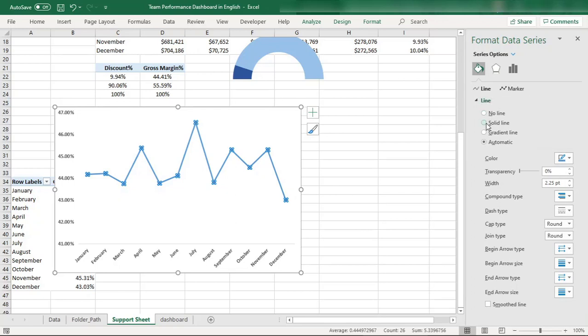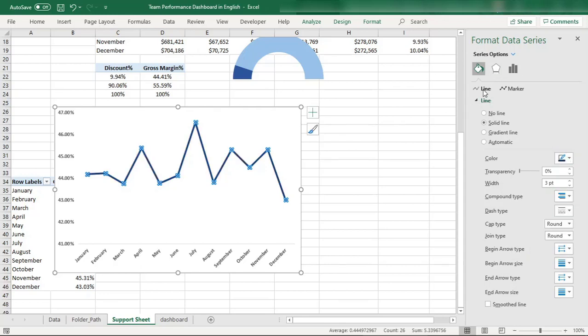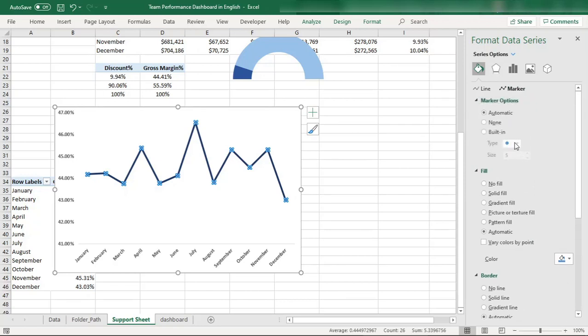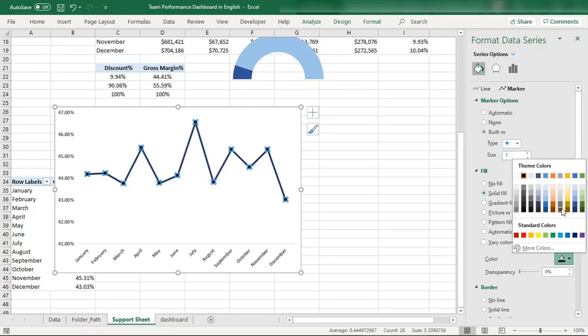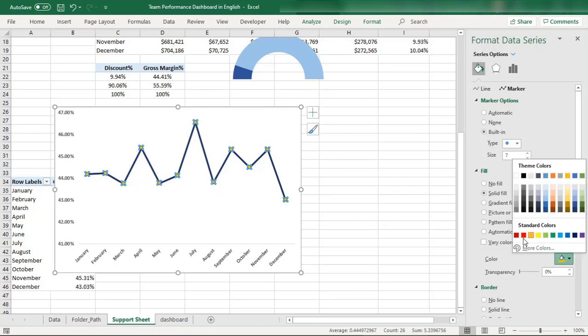And with the line, increase the size of the line. Also, I think it should be dark blue. And the marker options should be these, built in, and increase the size. Now it should be solid fill, and for the solid fill, I think red,